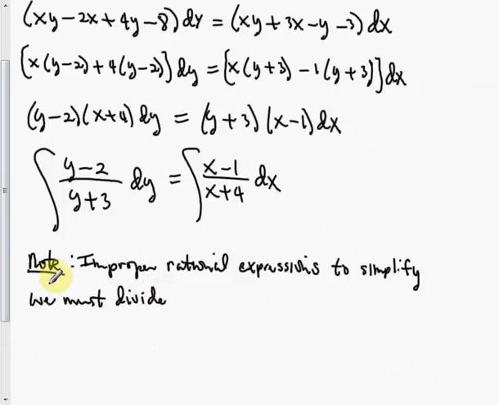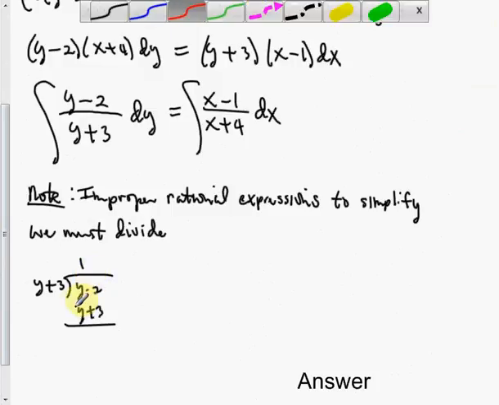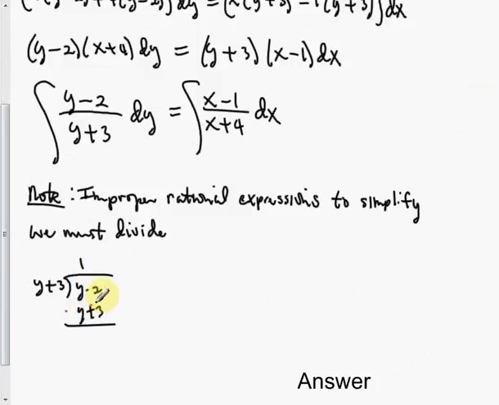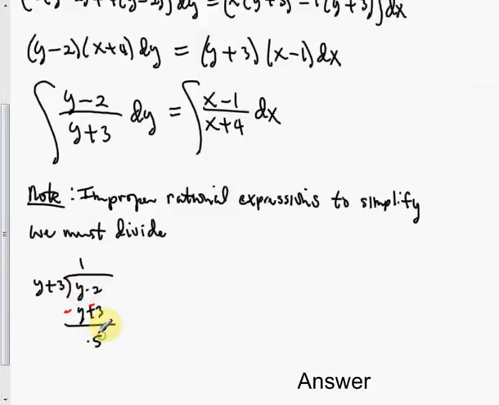Okay? So if that's the case, we have y plus 3 divided into y minus 2. y goes into y one time. 1 times y is y. 1 times 3 is plus 3. Draw a line and subtract. So that becomes negative. That becomes negative. So here we have remainder, negative 5. So this is 1 minus 5 all over